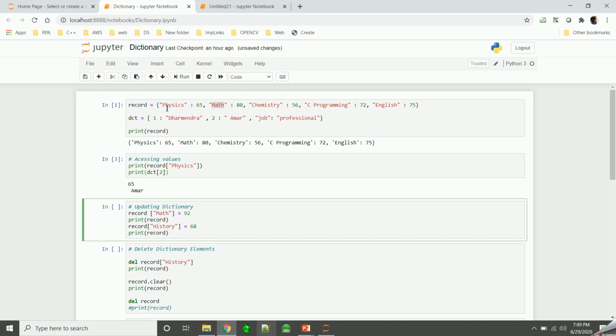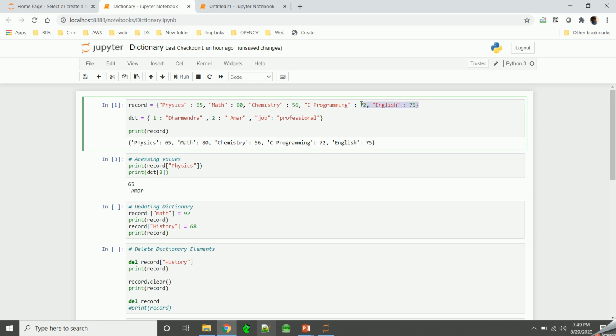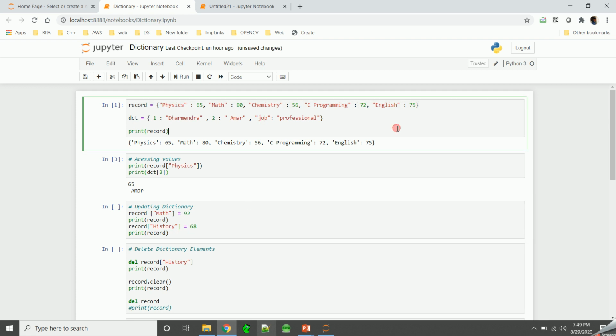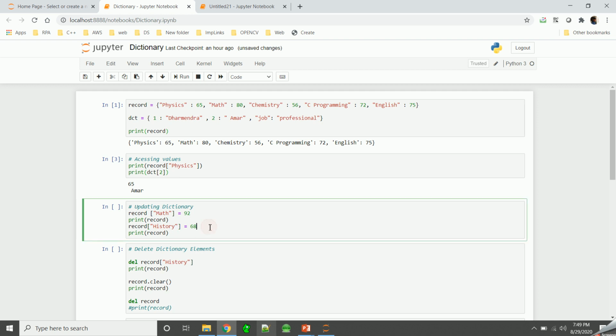But this history key is not there in this dictionary. So we are trying to modify the value for a key which is not present in the dictionary. Now let's run and see what is happening.